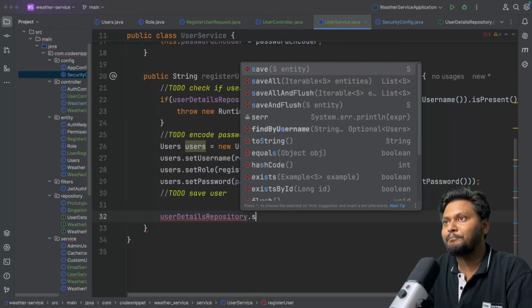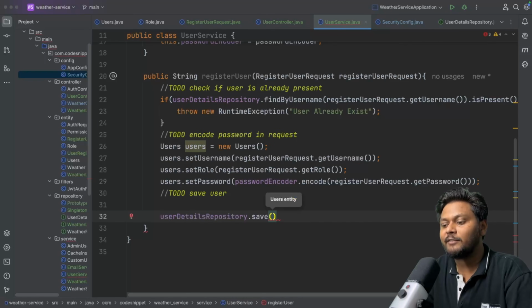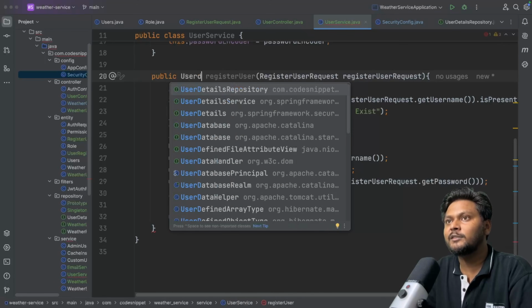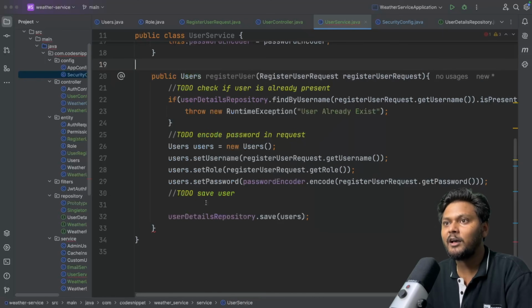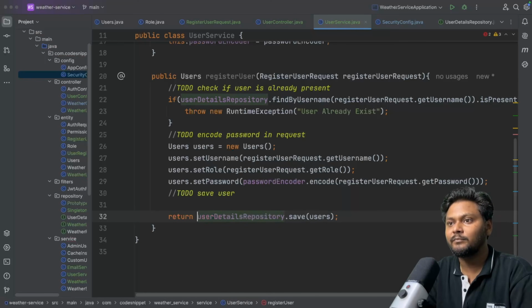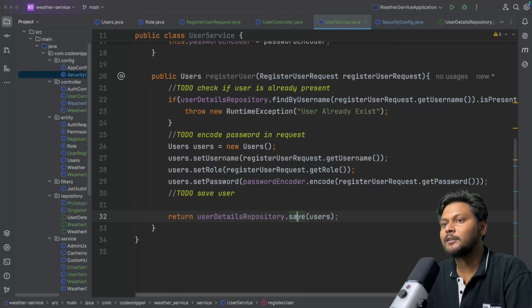So I will say save, and pass this users entity over here, and that should do the job. We can perhaps return this users directly from this class, so I will say return, because this save method will return us the users.